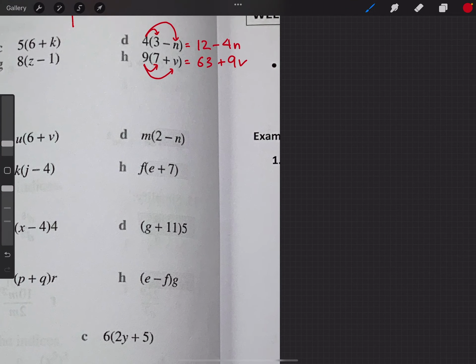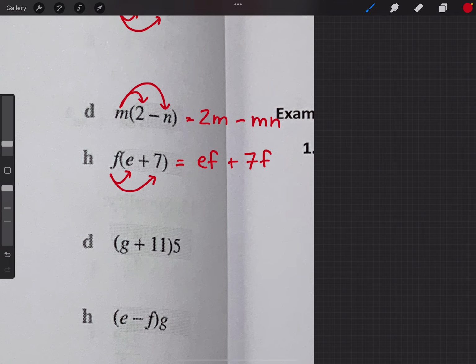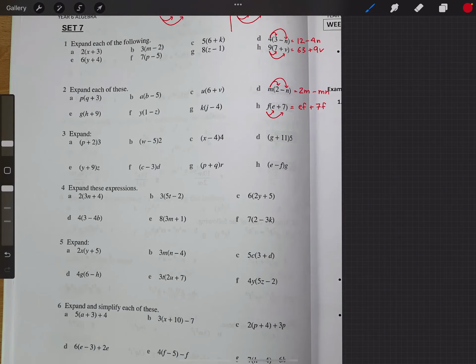Let's try question D. So m times 2, that's equal to 2m. M times minus n is minus mn. Question H. F times E is equal to EF. And F times a positive 7 is positive 7F. Alright, question